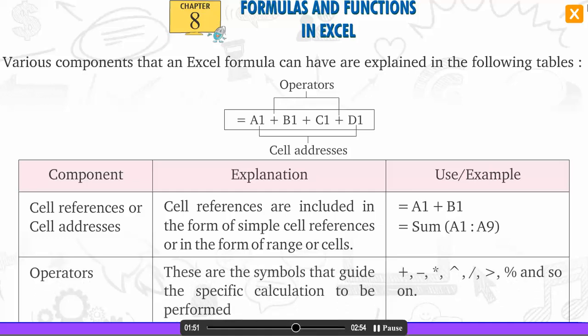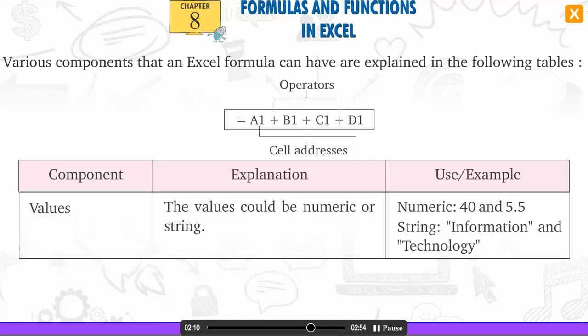Operators: these are the symbols that guide the specific calculations to be performed, such as plus, minus, asterisk, ampersand, forward slash, greater than, percentage and so on. Values: the values could be numeric or string. Numeric, 40 and 5.5. String,